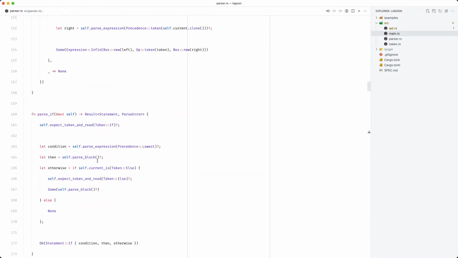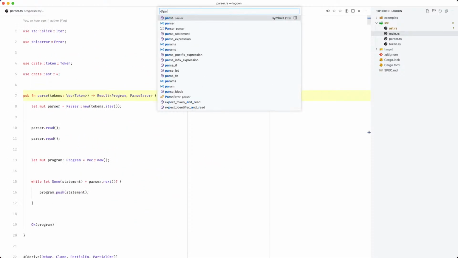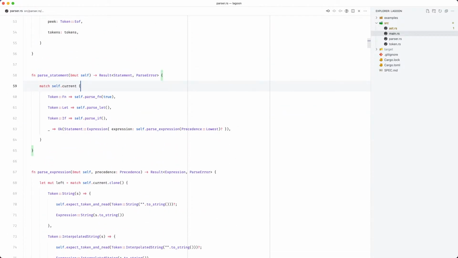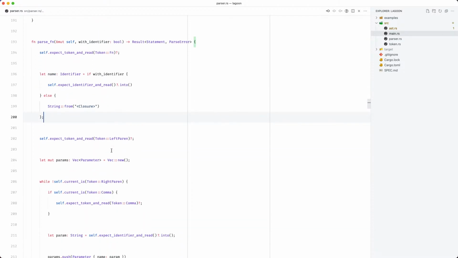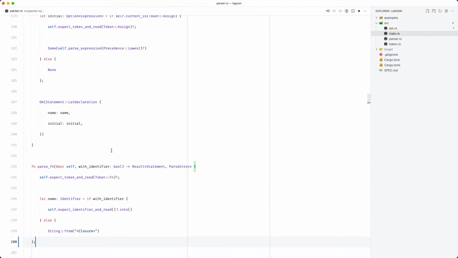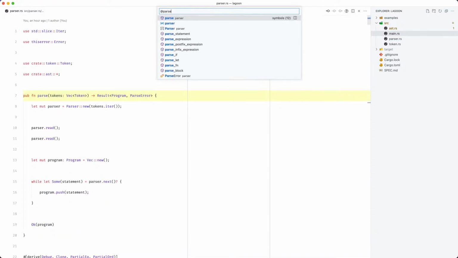We'll go back up here to parse statement. It's just going to be easier for me to type. Parse statement. So the only things we've actually got tokens for at the minute, we've got functions, we've got let declarations. So, let name equal Ryan, or whatever your name is. And we've also got if statements. So this is where we handle parsing those. If we just go into the parse function method, just as an example, or maybe parse let is going to be a bit easier to understand.